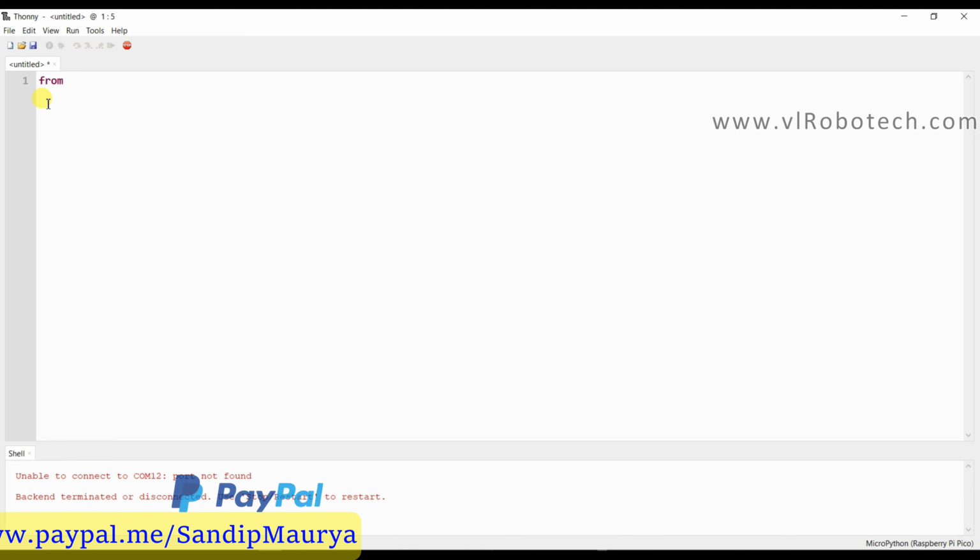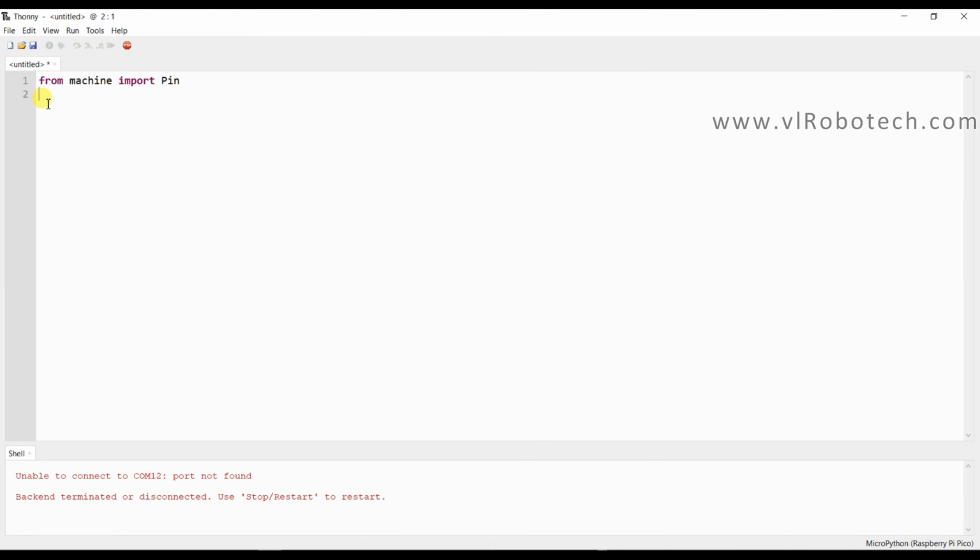So from machine import Pin and again I will import sleep class from time library. So from time import sleep. Okay, now I will make an object name is led1